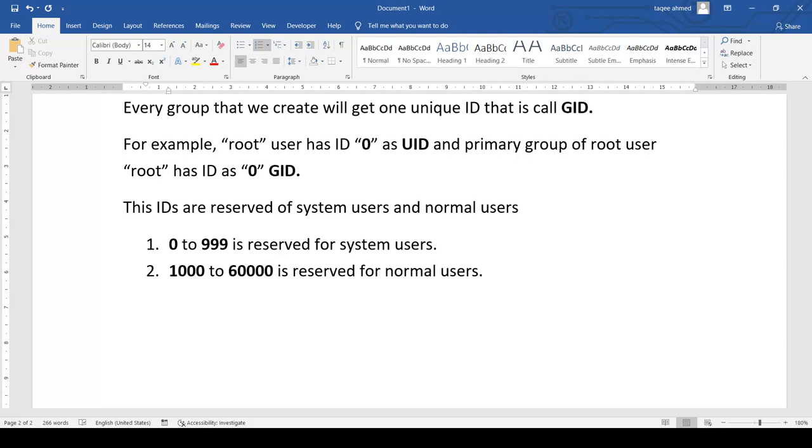So you have GIDs from 0 to 999 reserved for system groups, UIDs from 0 to 999 reserved for system users, and 1000 to 60,000 UIDs for users and 1000 to 60,000 GIDs for groups, because they are together. So I will say here